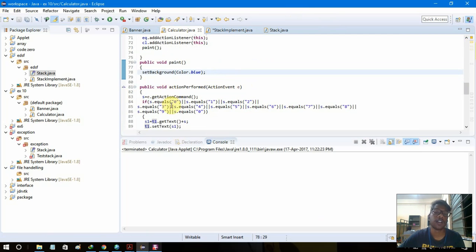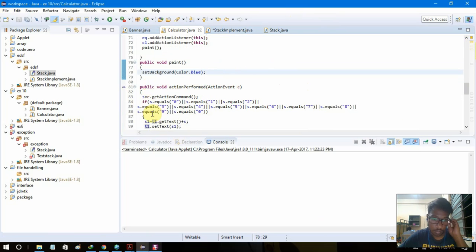And inside it we have a string s, which is getting the value from getActionCommand. That means when we are pressing a button, if s.equals 0 or s.equals 1, 2, 3, 4, 5, 6, 7, 8, 9, that means if the button pressed is from 0 to 9, then